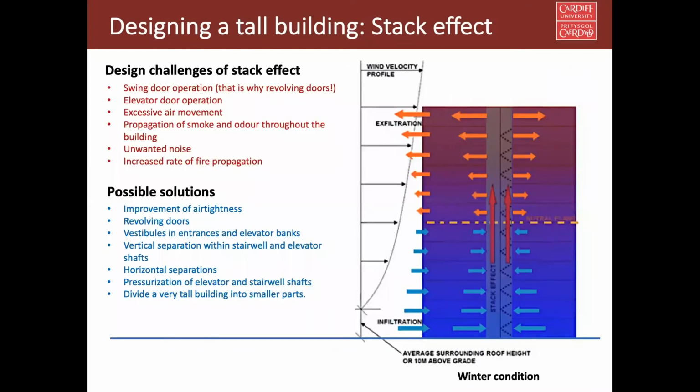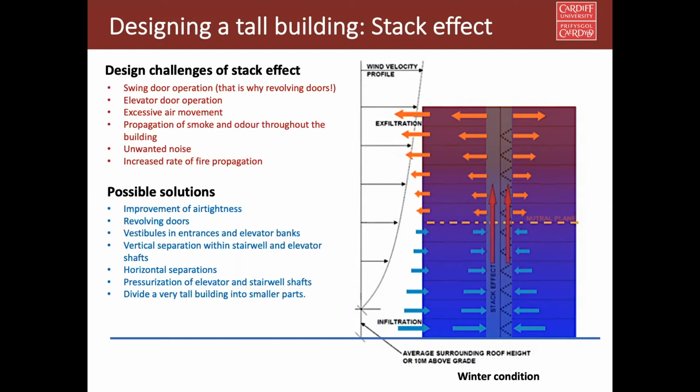So as you have seen, stack effect has a huge implication on tall buildings. It's nothing to do with the small domestic naturally ventilated building. It's a huge impact, and mostly it has a negative impact on tall buildings. Some of the negative impacts I have written down here. One is the swing door operation. You just saw that the swing door was very difficult to open. And that's why the revolving door was invented. Architects need to know it's not for design purposes, it's just functionally a revolving door works better in a tall building